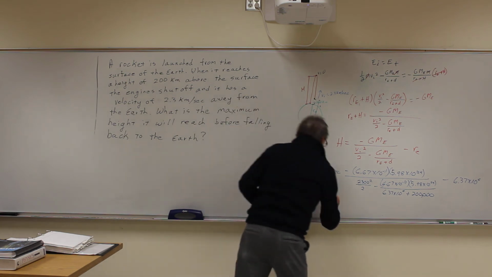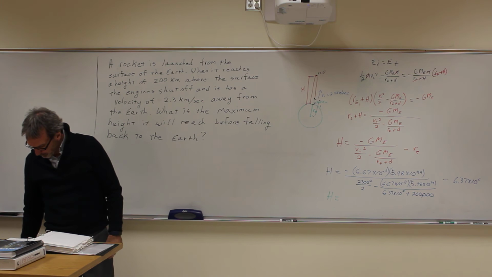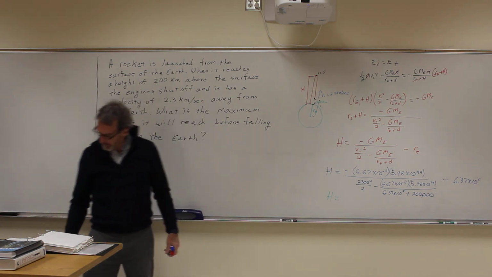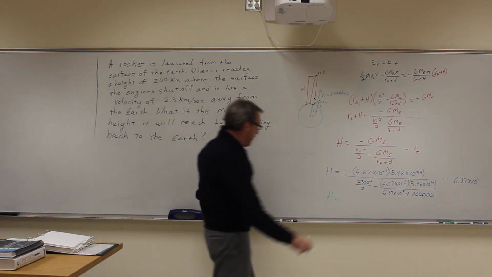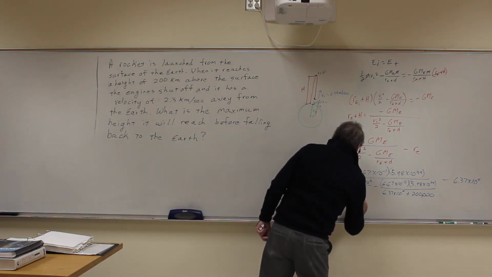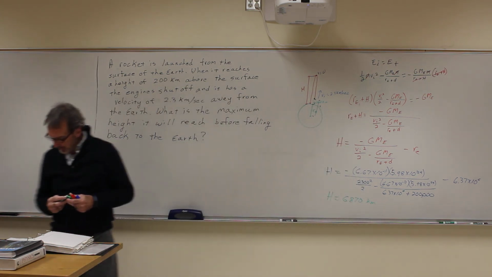But if you do this all right, you get the height that the rocket goes to is 6,870 kilometers, or 6,870 kilometers. Or if you did it in meters,